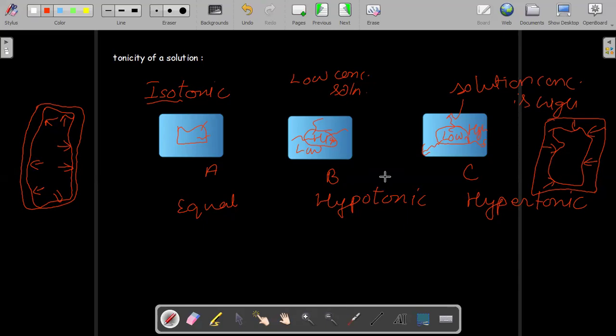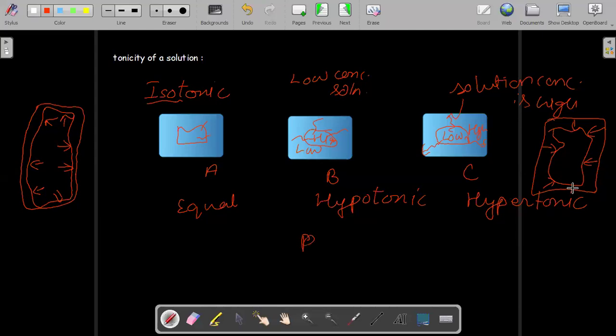And depending on this, we have seen two processes. We call them plasmolysis and deplasmolysis. So here what is happening? The plasma membrane is getting pushed towards the cell wall. It is causing more and more pressure. This process is called as,